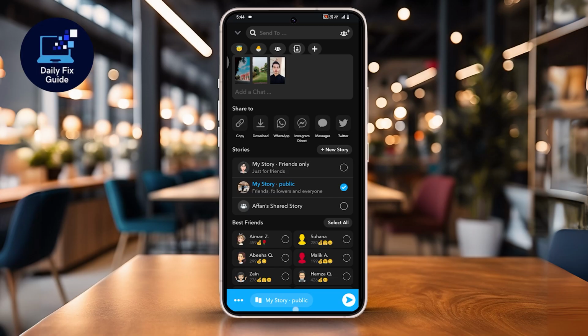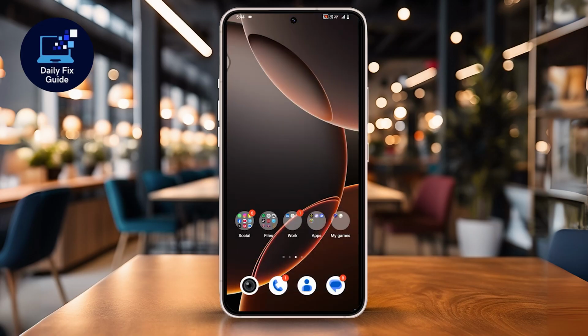Your selected photos will now be uploaded to your story, and your friends or followers will be able to view them in the order you selected. Using this method saves time and keeps your story organized, especially when you have multiple photos from the same event